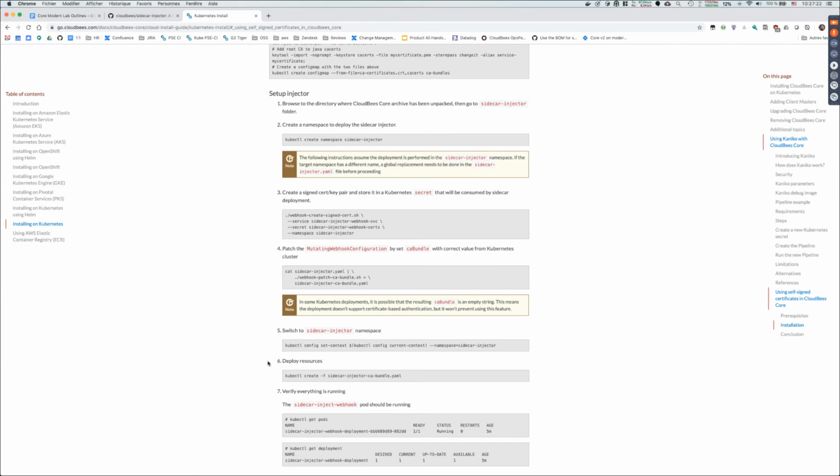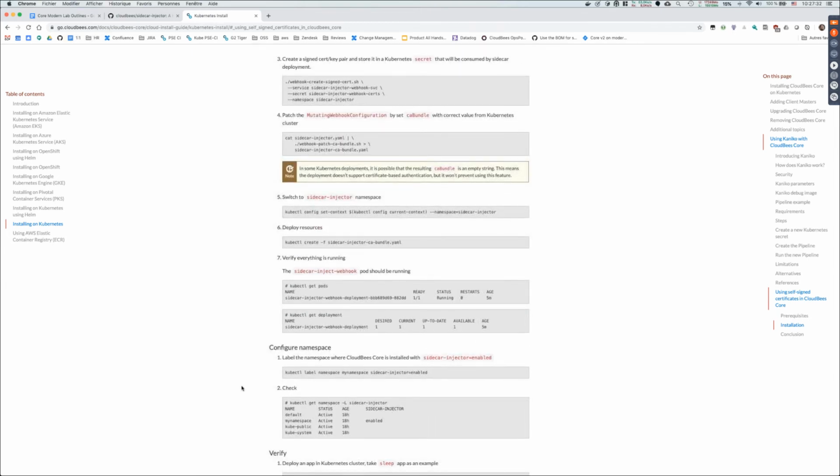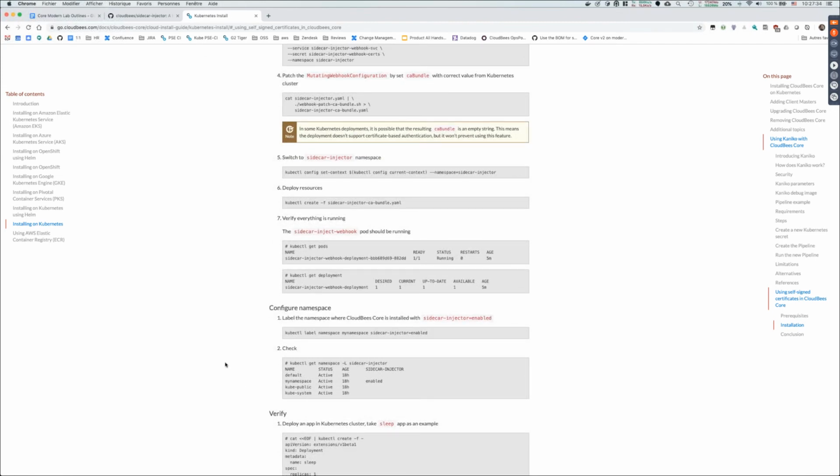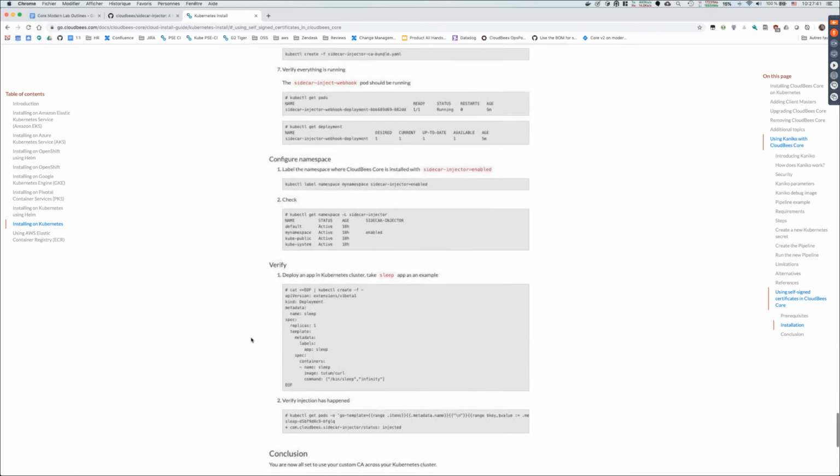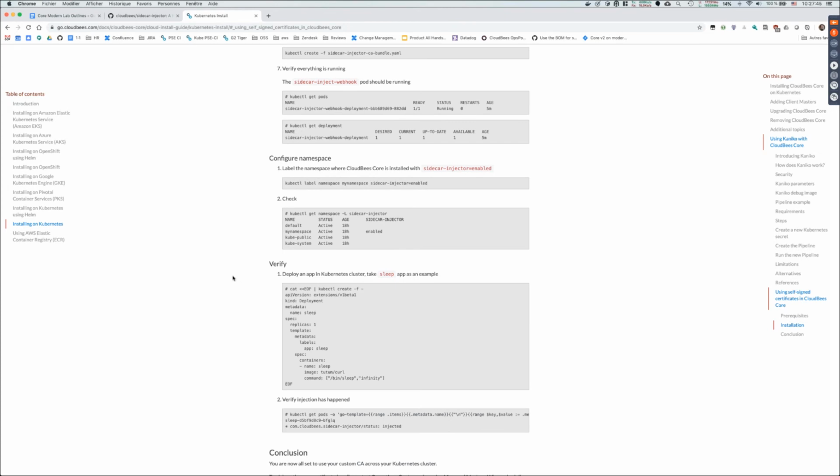In our case, a new volume mount, so that the certificate bundle will be accessible inside the container. Mostly it's about following these steps and making sure that no mistake is committed. There are ways to check that everything is correct.